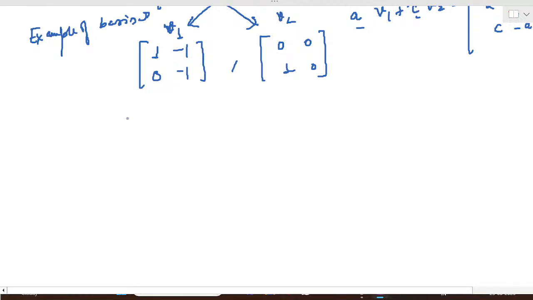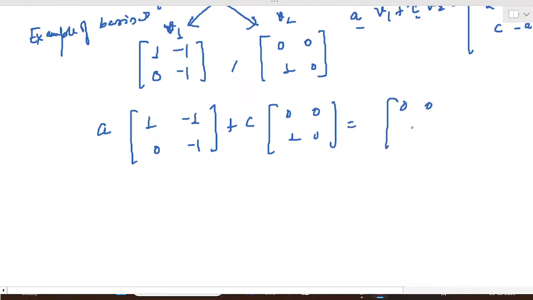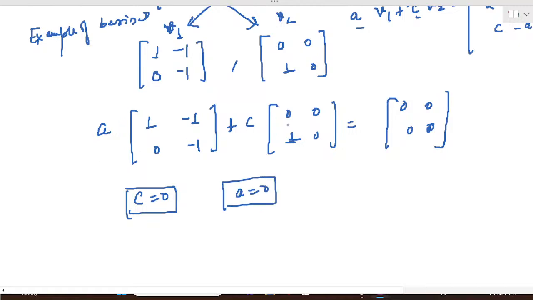And what I can do is confirm the linear independence by comparing it with a 0 matrix. I'll write here 0, 0, 0, 0. And if this is the case, what am I going to get? I'm going to get C is equal to 0 clearly, and if C is equal to 0, then certainly A should be equal to 0. So A V1 plus C V2 equal to 0 implies A is equal to 0 and C is equal to 0. It implies that the set 1, minus 1, 0, minus 1, comma, 0, 0, 1, 0